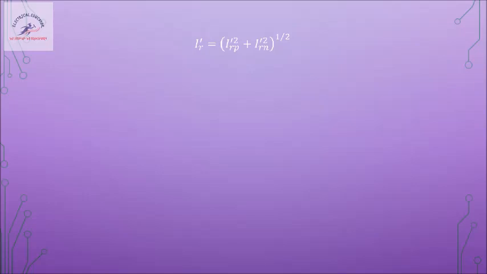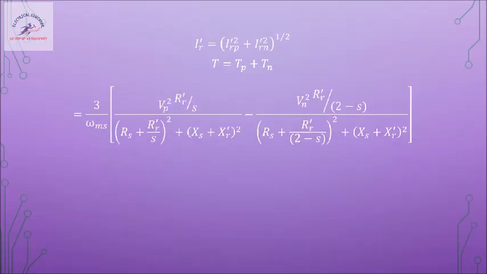But torque is not a vector. Torque is a scalar quantity, so we can directly add up the positive sequence and negative sequence components, and the negative sequence component is a negative value. This is how we get the torque equation. Let us retain the equation as it is. Let us not simplify it now, because while solving the numerical we can solve it very easily using our calculators.